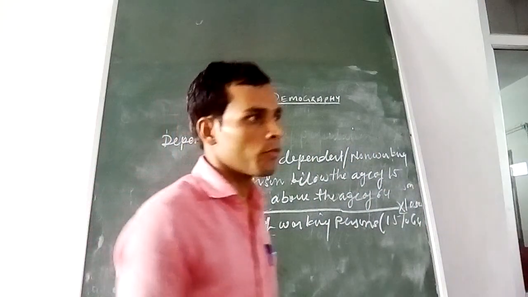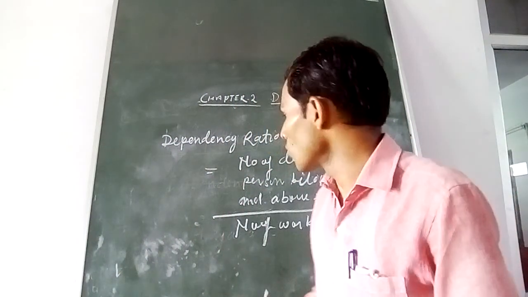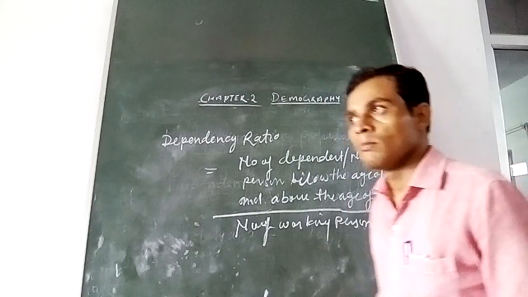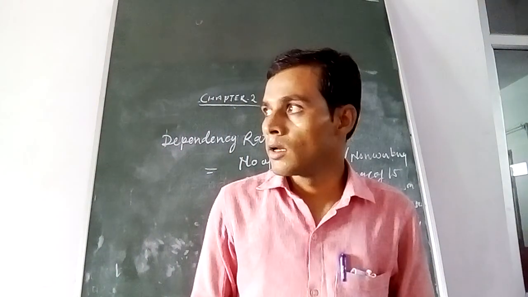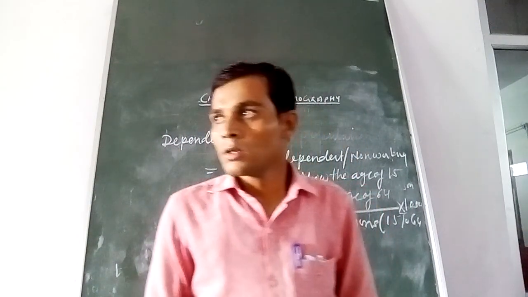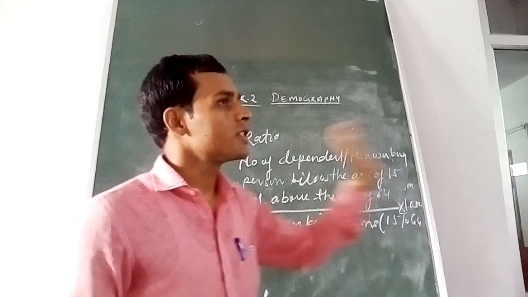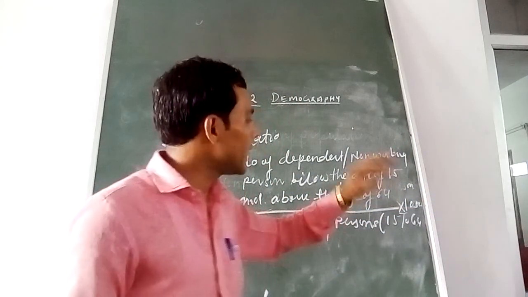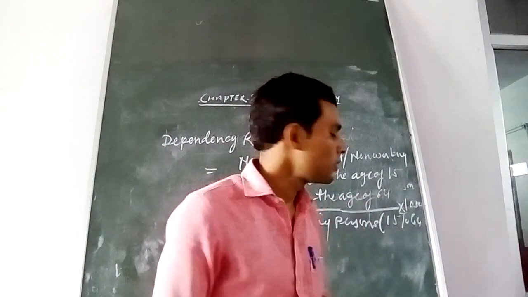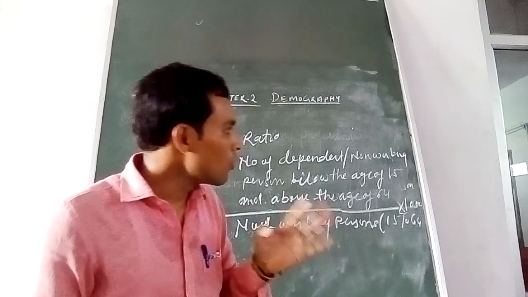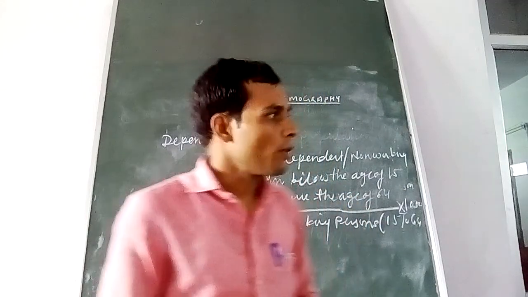It means the number of persons who are dependent on others. It is calculated per 1000 persons who are working, engaging in a particular job, a specific job, a particular task. So when we study below 15 years and above 64, the group below 15 is termed as non-working, and above 64 is the old age group. This is also termed as the non-working class of the population.